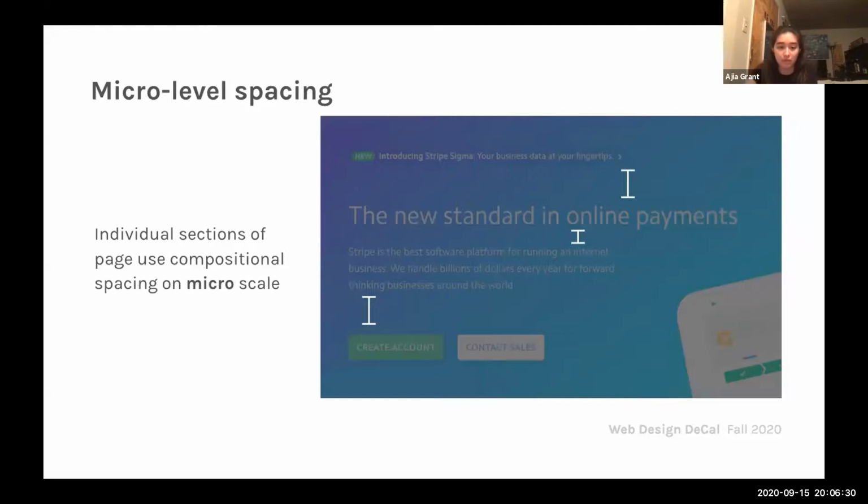Then micro level spacing is spacing between individual sections on a page. So this is a zoomed in look on the intro text from the home page, and they have a certain amount of spacing between the new banner, then the header text, and then the paragraph text, and then another space between the paragraph text and the buttons.